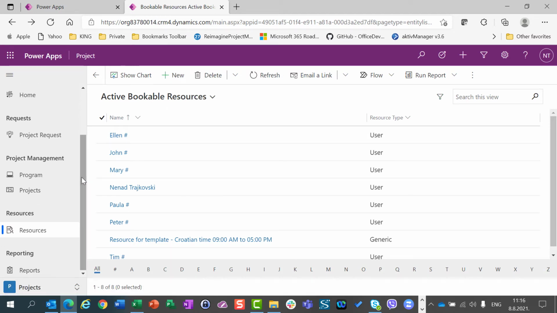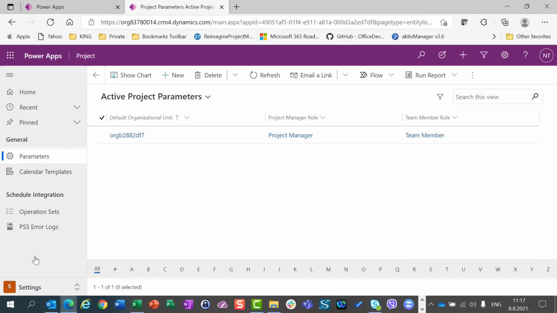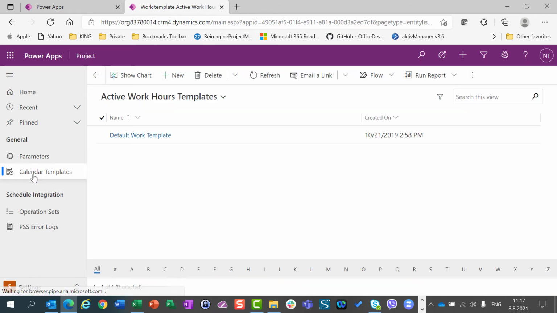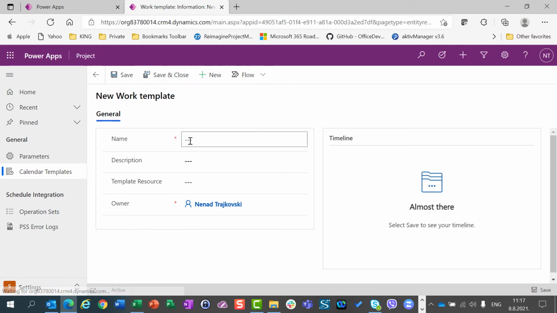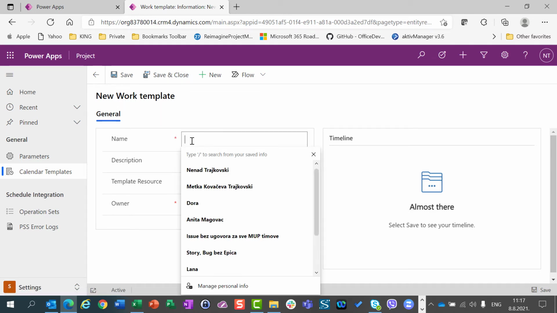And for that, I'm going back to projects, or I can go here to settings. I can go to calendar templates, and now I have everything that is needed. So I'm going to create a new template. I will give a name